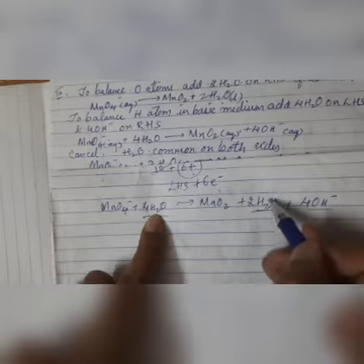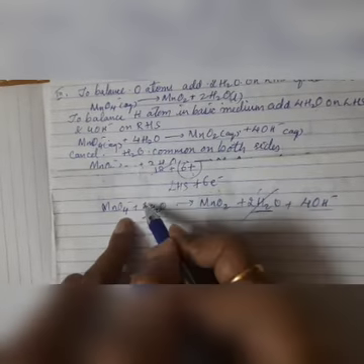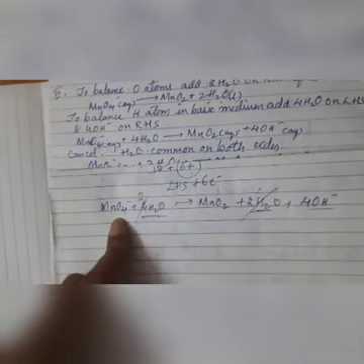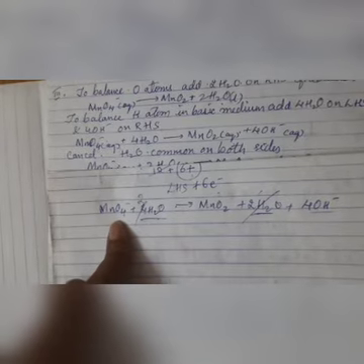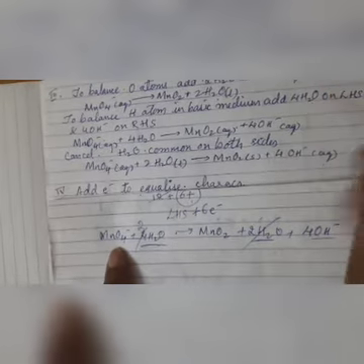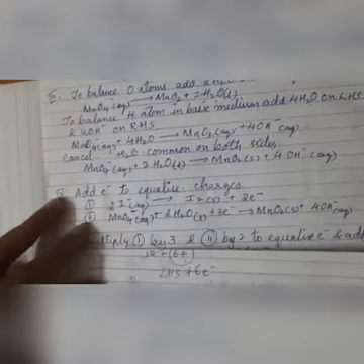Here 2 H2O is there. This 2 H2O gets cancelled with that of this one. So 2 H2O is remaining on the left hand side. So now we are going to get the equation. How? This is MnO4 minus plus 2 times of H2O will give you MnO2 and 4 times of OH minus is obtained.